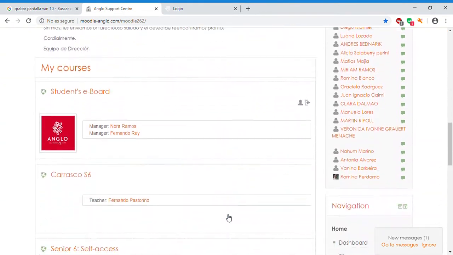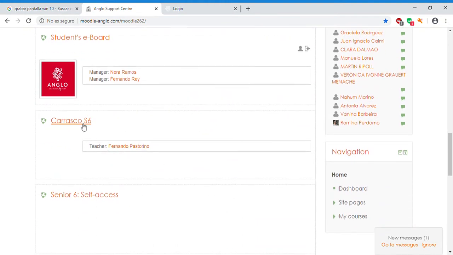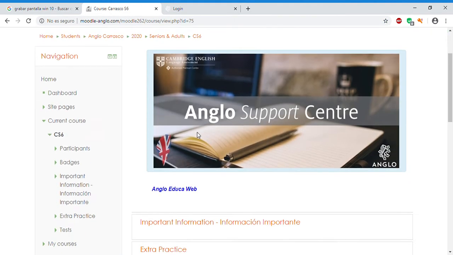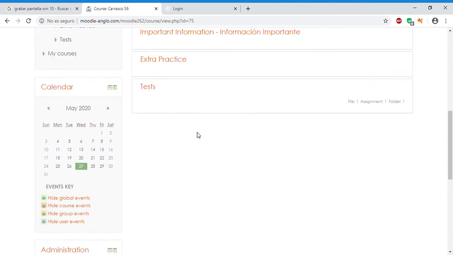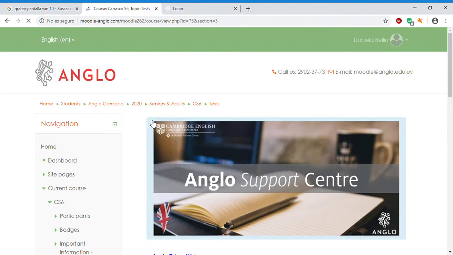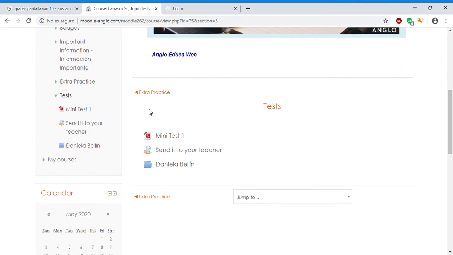We scroll down. Now I'm going to click on the name of my course. That is the only one you're going to have. Carrasco Senior 6. A new window appears. You scroll down and you click on Tests. Once you're in Tests, you can see that you have mini test number 1. You click on it